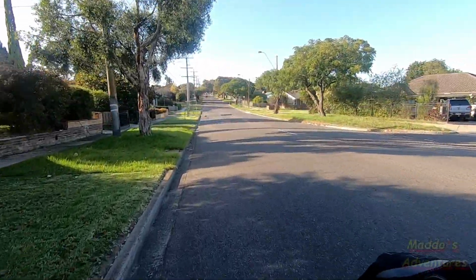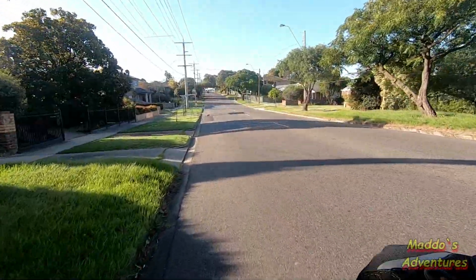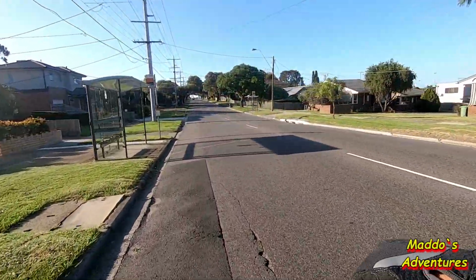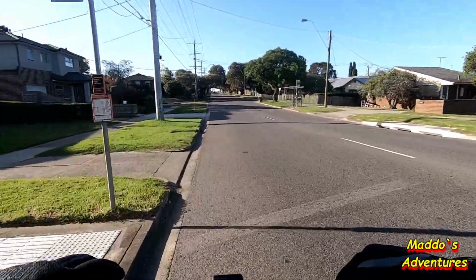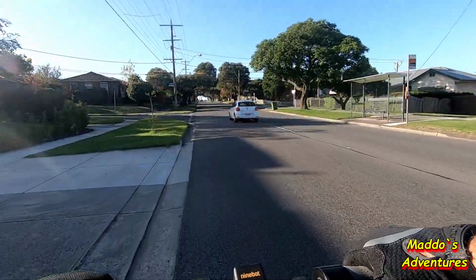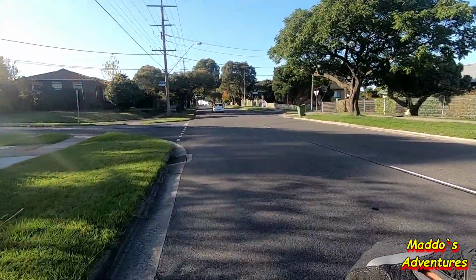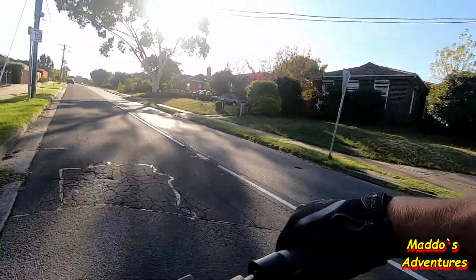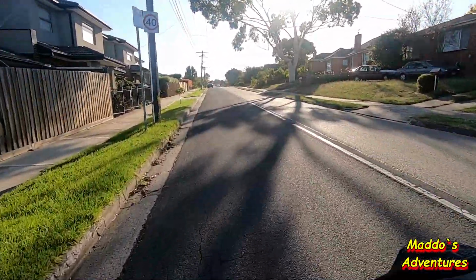And this is called Watsonia Road. Looks pretty good condition in my day. Sort of when Mum and Dad first moved here, I think I was about 2 years old. This is where I grew up, the street here. Let's see how much it's changed. But anyway,